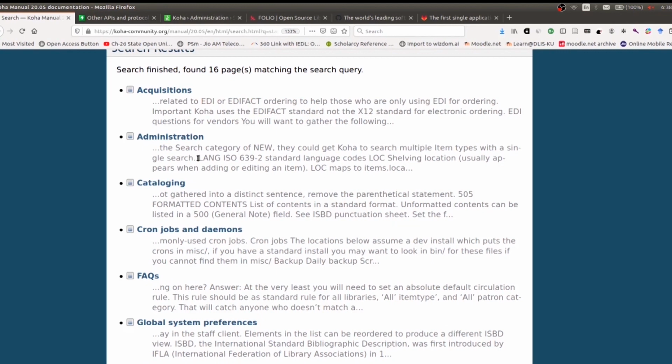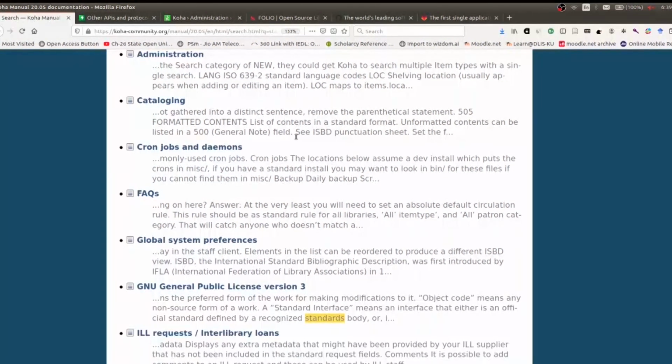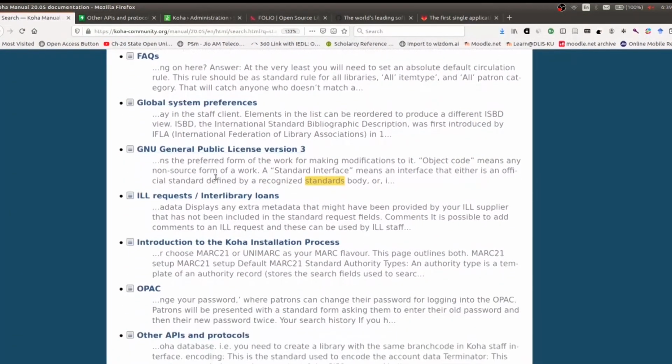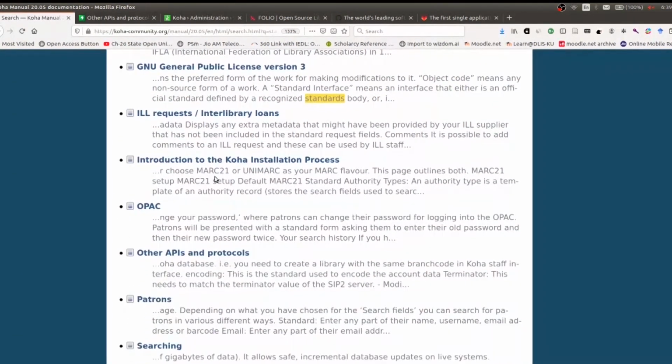Then administration is supported by a lot of ISO standards in managing different languages and other things. In cataloging, we are supporting most of the standards like the ISBD standard, the MARC 21 group of standards, generally MARC 21 bibliographic format and MARC 21 authority format. In the case of global system preferences, in the ILL request, we are following a global ILL protocol, the interlibrary loan protocol.